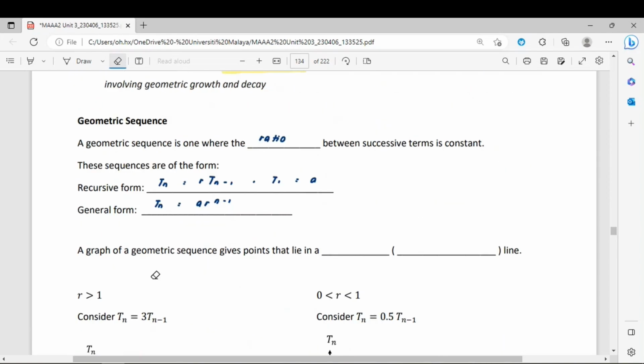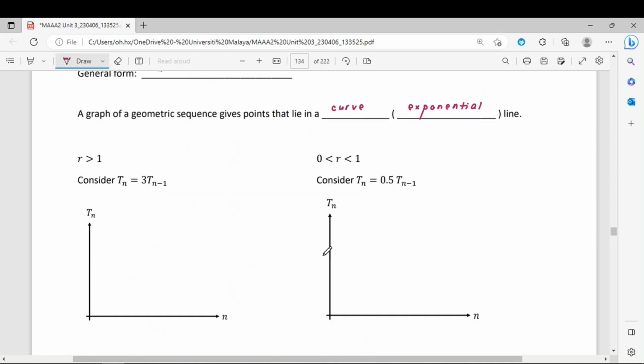I hope you still remember that for an arithmetic sequence, if we generate the sequence and plot it on the Cartesian plane, we get a linear graph, where all the points lie on a straight line. For a geometric sequence, it will give us points that lie on a curve. To be exact, this is called an exponential graph. So how is the shape going to look? We are going to use these two examples to roughly go through the shape,